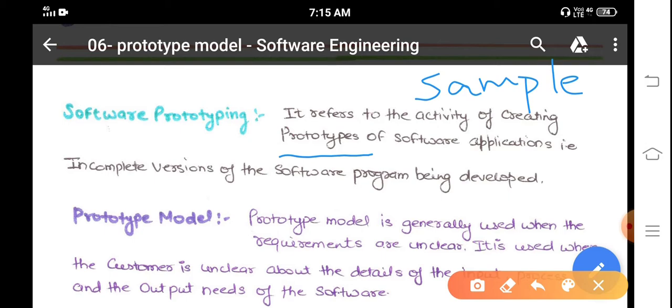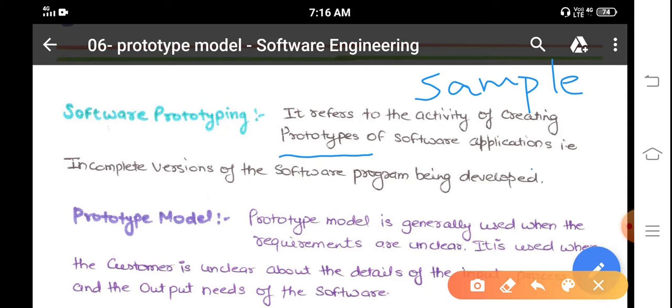What is the drawback in the waterfall model? Each and every phase, after completing one phase we can go to the next phase. After gathering all the requirements we go for system design. We can't come back to requirements. If the user missed any requirement, we can't collect it from the user, we have to leave that, because in the waterfall model after the completion of one phase we move to the next phase. We can't give any backstep. So that is the drawback in the waterfall model, and so we go for the prototype model.